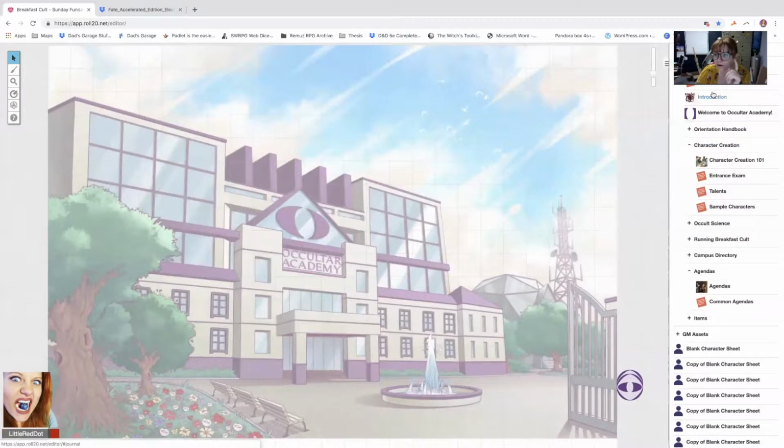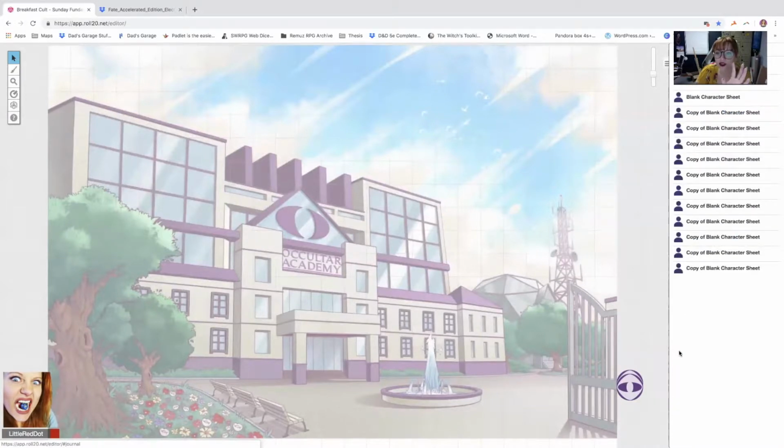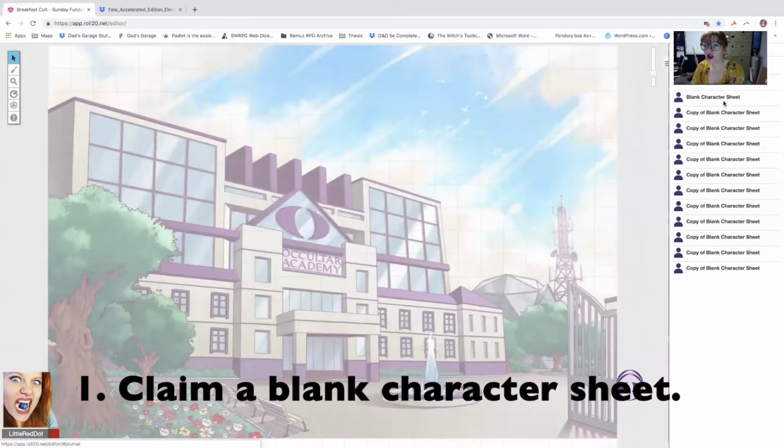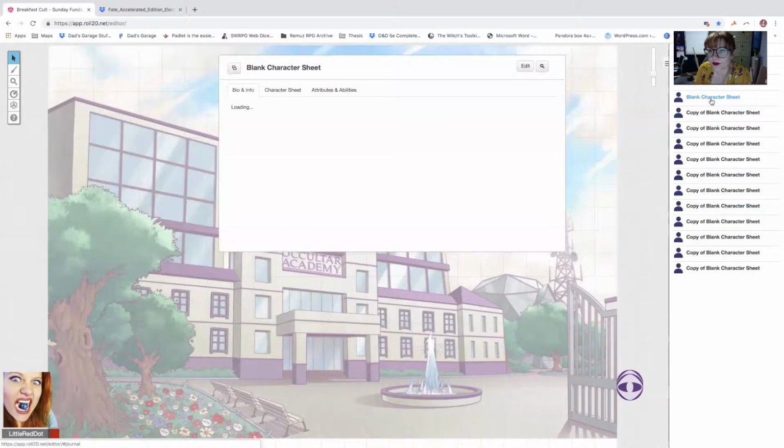But when you click the newspaper at the top, you have an entire giant section of things. First, go claim a blank character sheet. Okay, leave the top one for me. Claim any that say copy. If there are none, please reach out to me and let me know, and I'll make sure to get some added. So you want to go ahead and claim one, and the best way to do that,